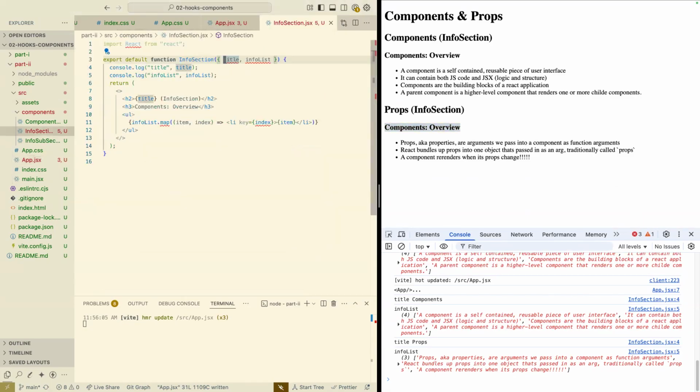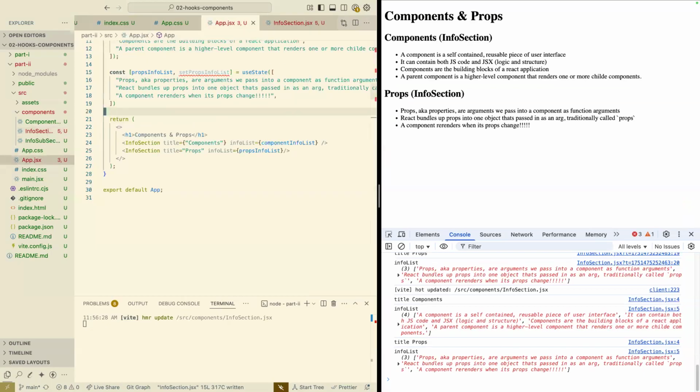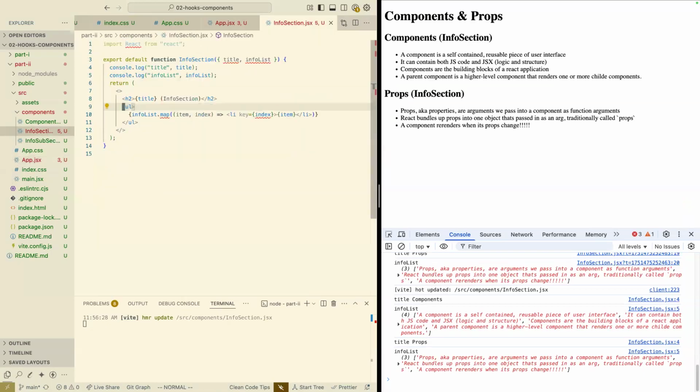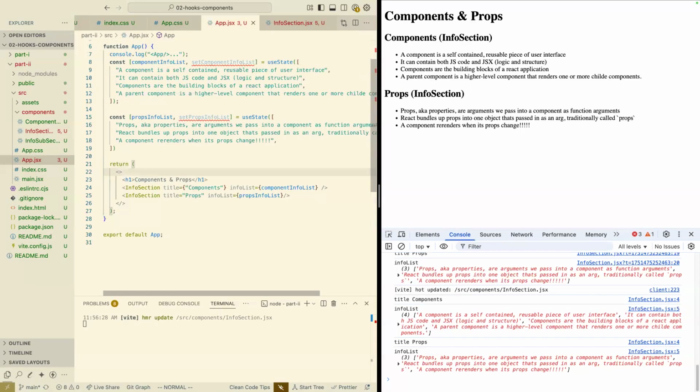So let's go here and see what we need to fix. And it would be this. Let's just get rid of that. And there we go. And now I have one info section component. We didn't really get to the subsection, but that's okay. You can kind of expand on that and see where we're going. And it's grabbing from 2 different lists of things,